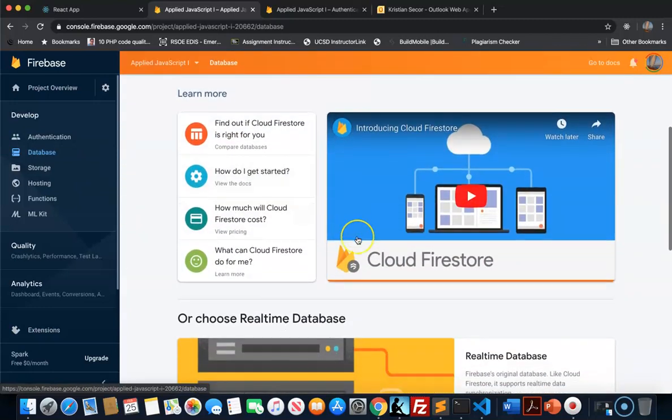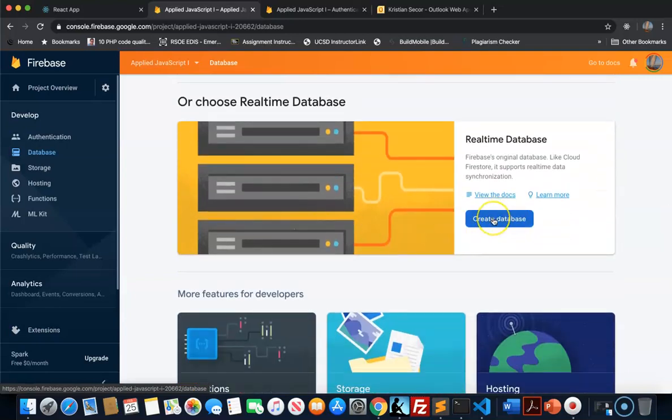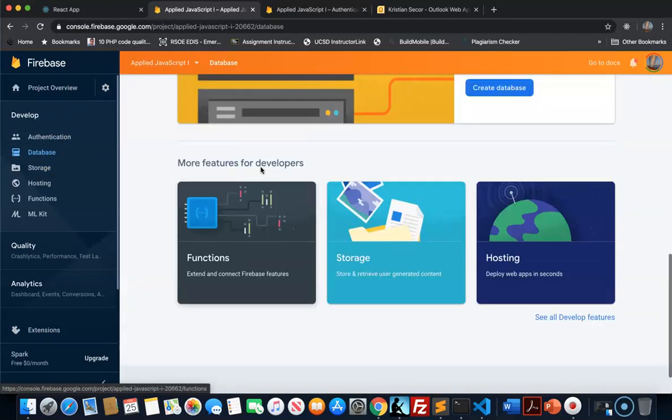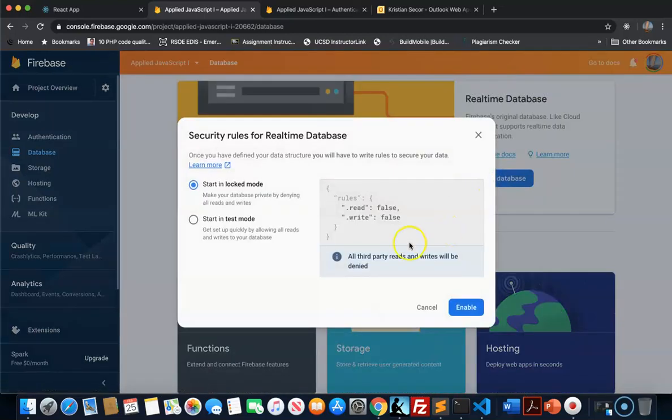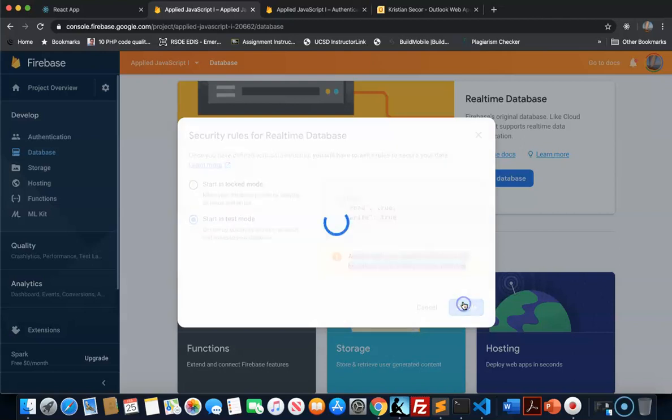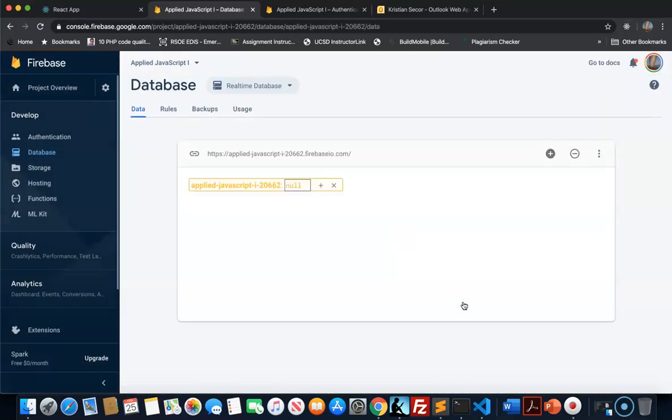To do this, you would choose the real-time database and click on Create Database, and then you'll have it. Now, I have this database already set up. I can go ahead and create it again if you like. But start it in test mode, because you want to be able to read and write to the database, and down the road we'll cross the bridge of how we should